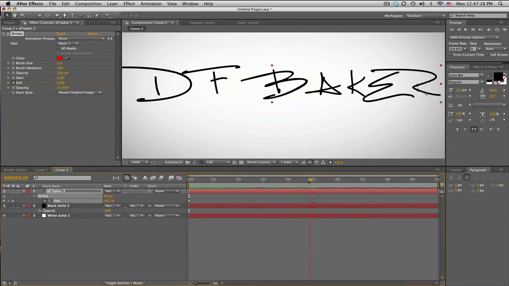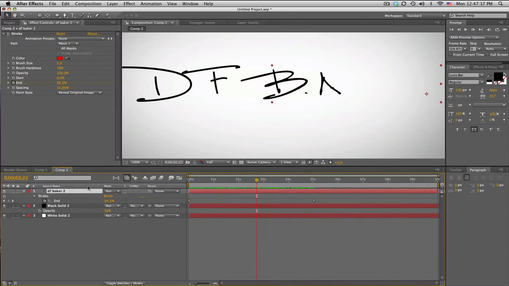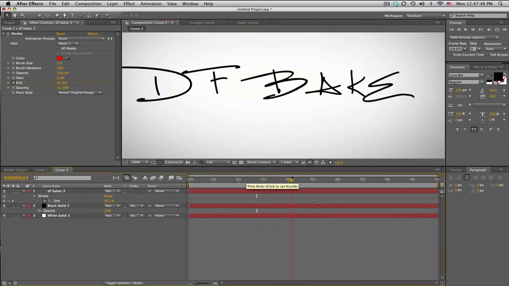Now, I don't know if you noticed, but if you take a look at this A right here, right about there, there's a little piece showing. That's because our mask goes across that little edge, so we need to adjust that and make it go around, and then it'll look a lot nicer. It's something you got to mess around with. You got to have a little bit of experience knowing how to move between letters and how to write it.